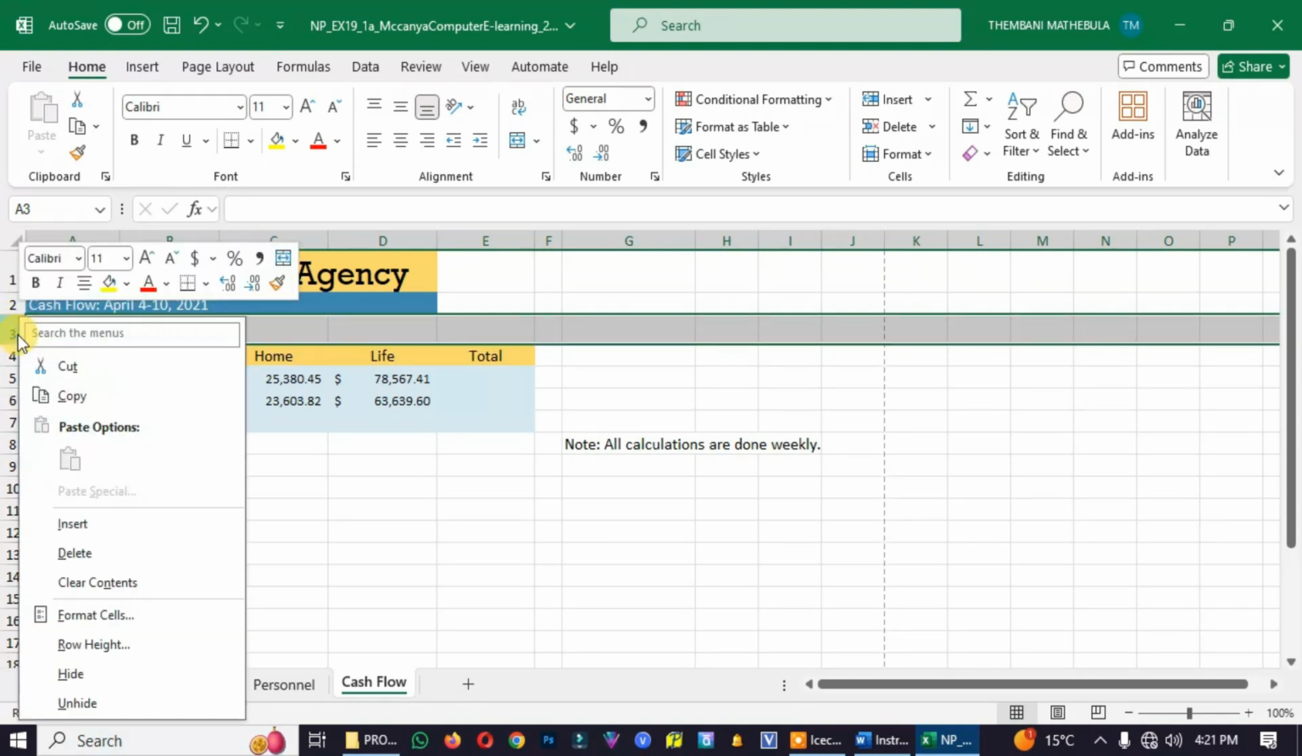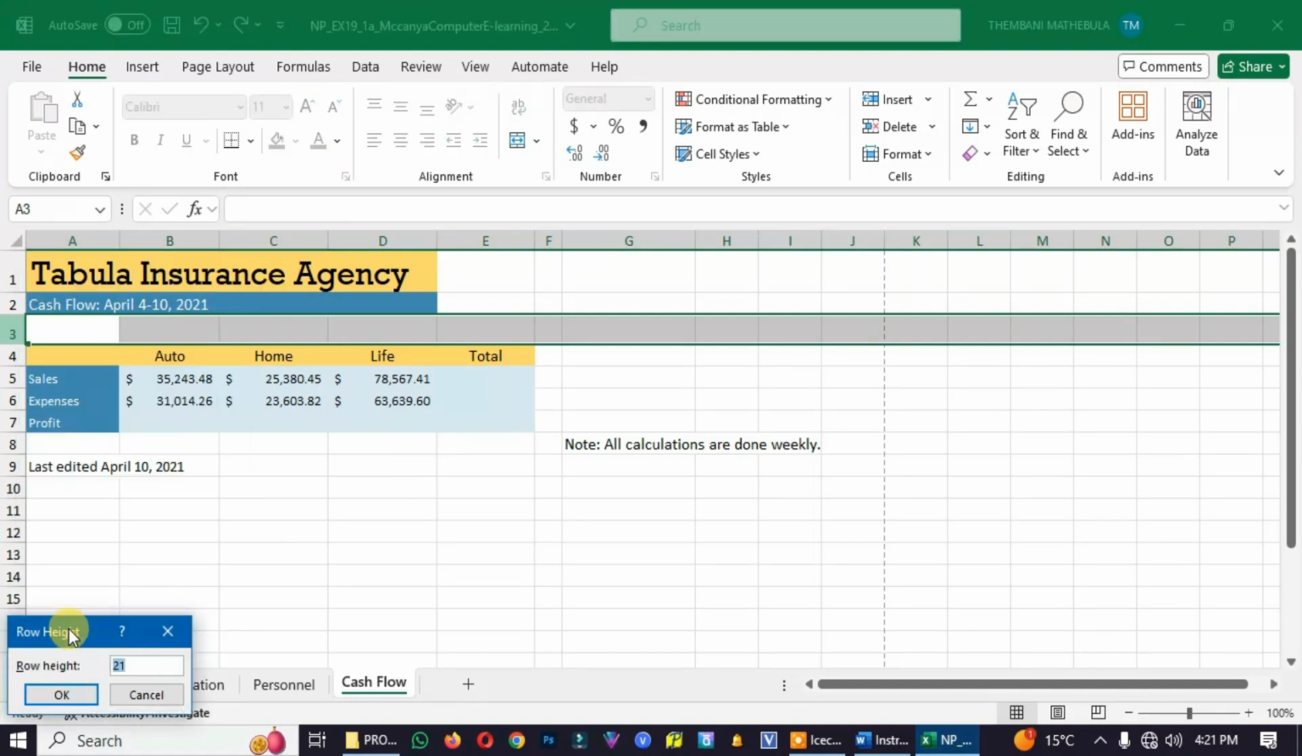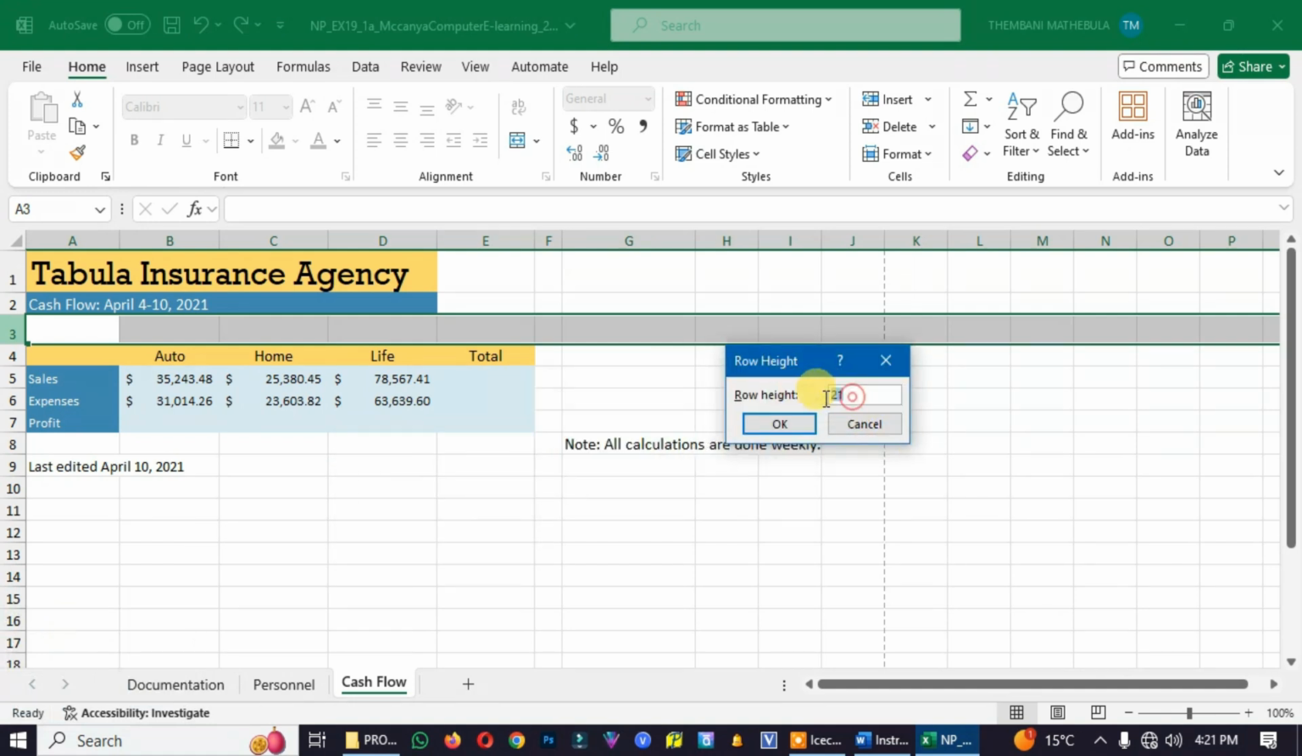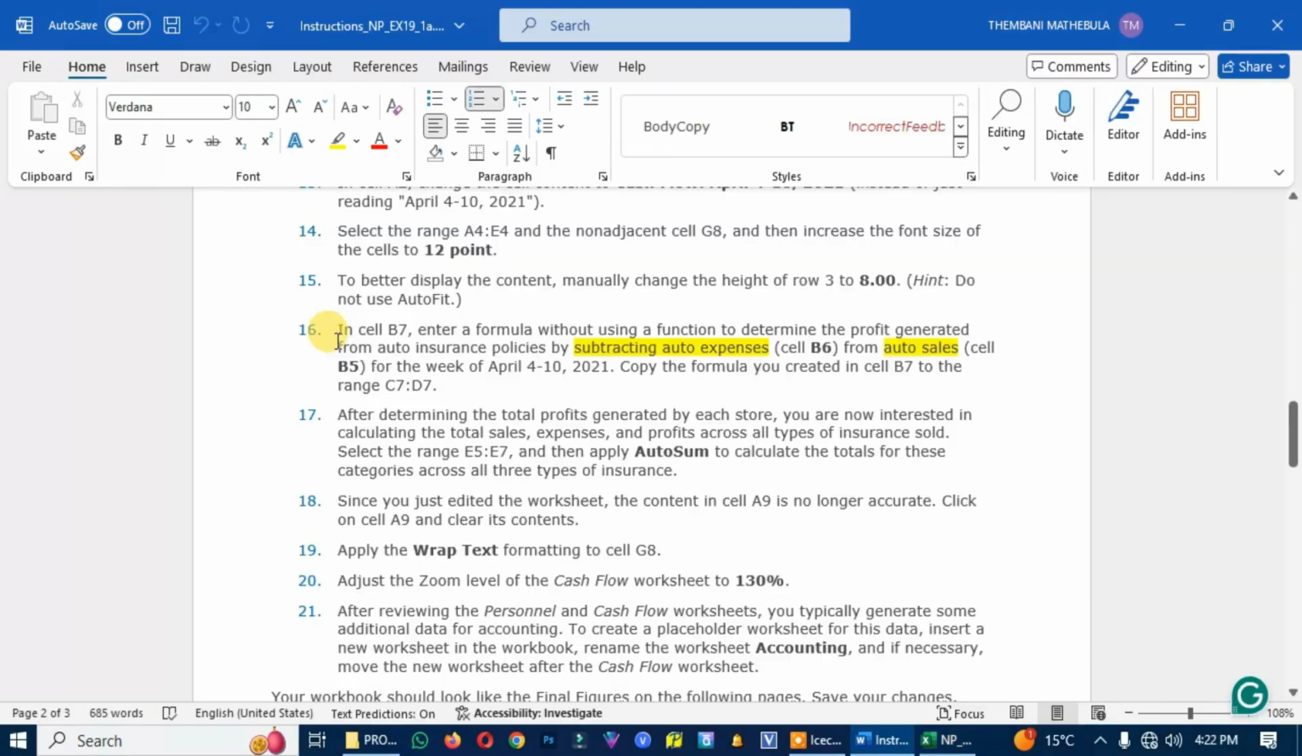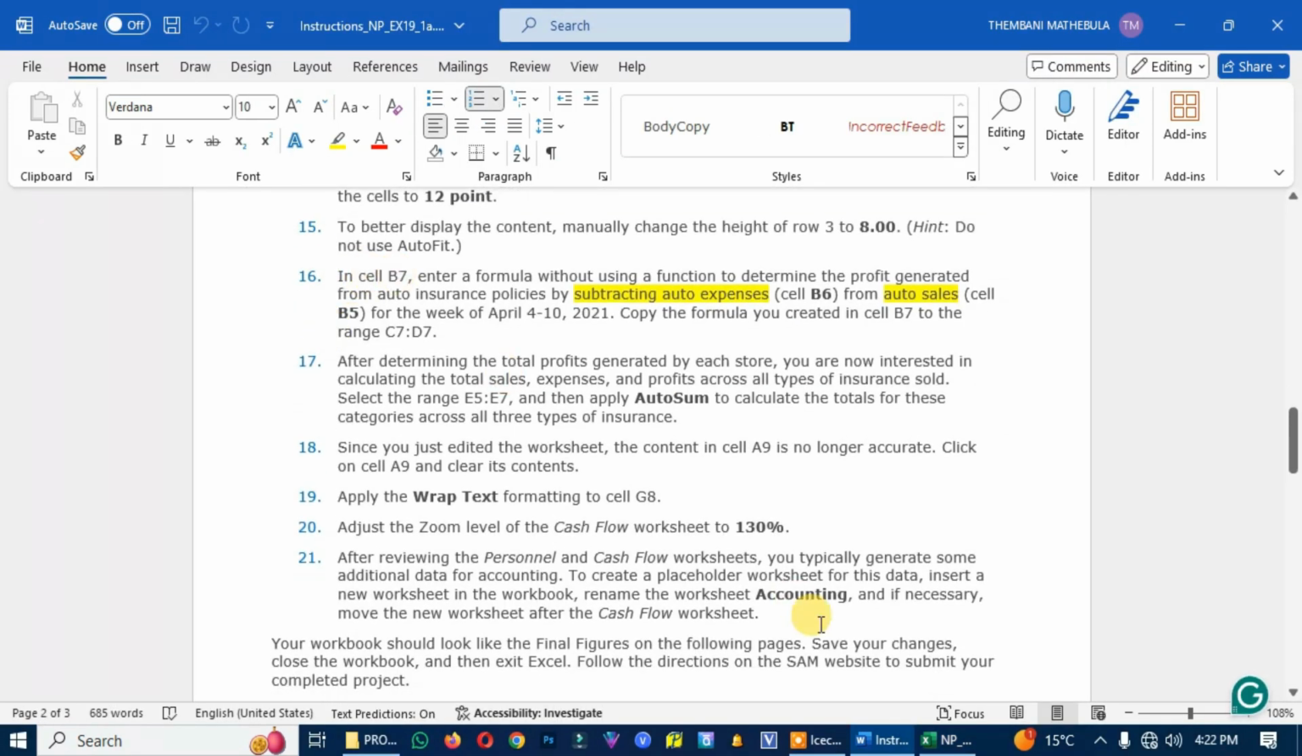So what you have to do, you right click and then you go to Row Height, and then you see this dialog box here. You type 8. Click OK. Yeah, done. Number 16. In cell B7, enter a formula without using a function to determine the profit generated from